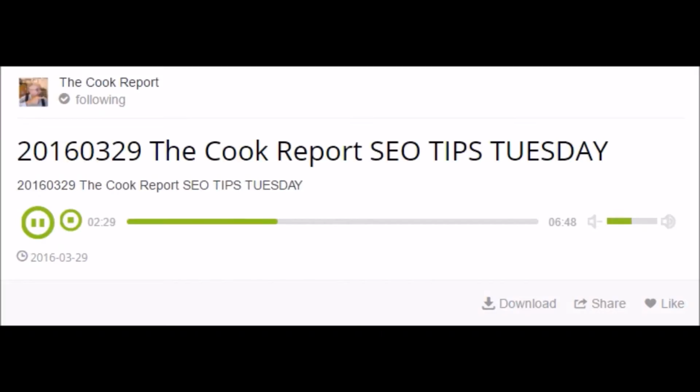And the third tip today comes from Mr. Kumar, and on Twitter I got the link for his digital mid. This guy's done over 17,000 tweets. So there's got to be some good ones, right? Process of elimination. And one of the comments he makes in his link, and to read the whole thing on the Cook Report SEO tips for Tuesday, is after all, 50% of all mobile searches are conducted in the hope of finding local results.